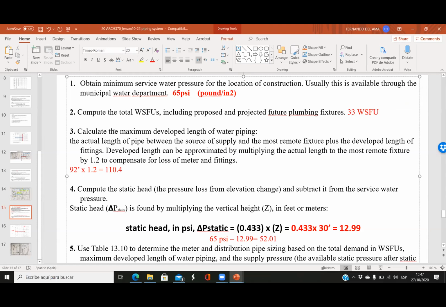Then we need to calculate the maximum developed length of the water piping, and we have to multiply this by 1.2. Why? Just in case, because we have elbows, we have T's, we have valves. So it's not just calculating the length from the water supply to the farthest point, but then we multiply this by 1.2. In our case, it was 92 feet multiplied by 1.2. So the total is 110.4